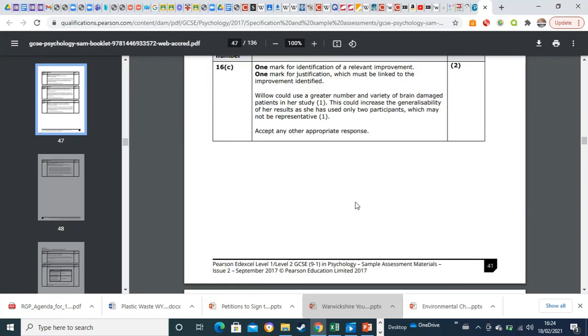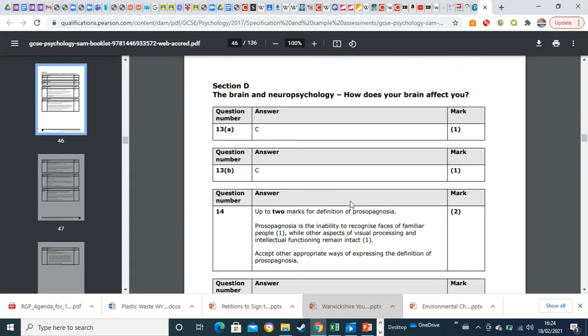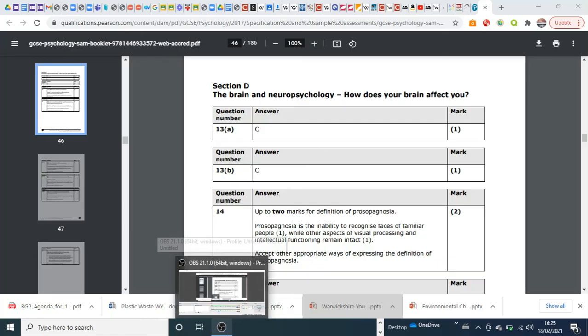Okay, so that's going through a few exam questions and going through the PowerPoint as well, and just looking at what has to be done to understand psychology for GCSE. Okay,